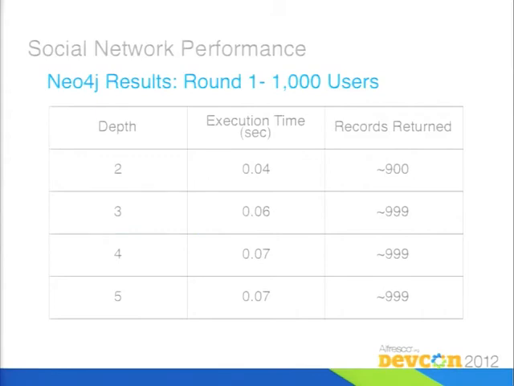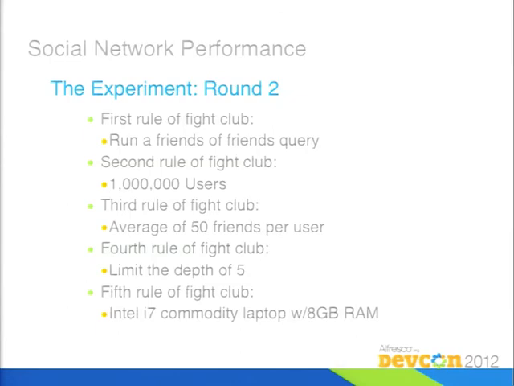So the results for Neo4j for 1,000 users are pretty good. We see that there's a small increase in response time at each depth, but it's pretty manageable and it's extremely performant. And now we're going to bump up the number of users for the second round. So they moved from 1,000 users to 1 million, and as you can imagine, the MySQL performance is going to degrade